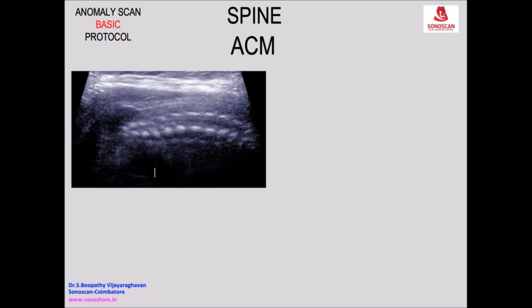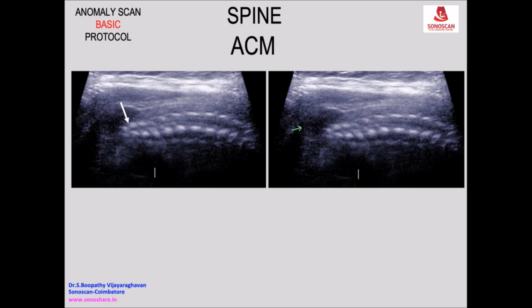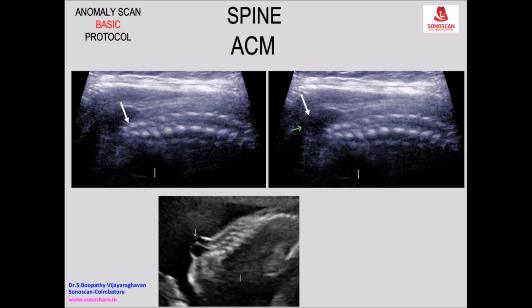Now another situation here, one example, this is a fetus with ACM, and you know that we have to rule out spina bifida. That is the longitudinal scan of the spine, but you don't see, the spine looks normal. But there is a fluid filled area here. So whether this is amniotic fluid or a meningocele, how to differentiate? So here the importance of amniotic fluid. In the same fetus, when there is the contrast of the amniotic fluid, you see nicely the meningocele, which is obscured here. So the importance of amniotic fluid is explained.